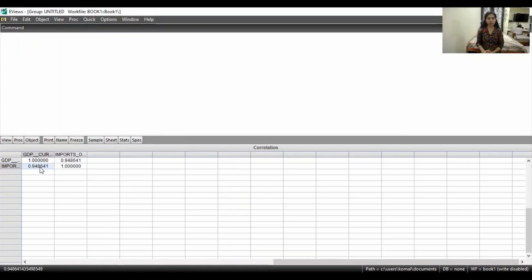First of all, the correlation value between GDP and imports of goods and services is 0.948, which is very close to 1. So it indicates that the correlation and the degree of association between GDP and imports is very high. This is the first implication.